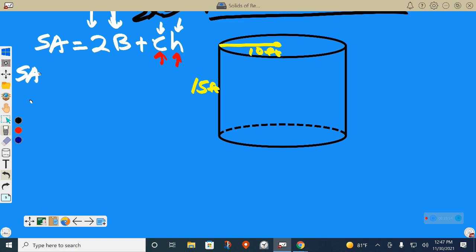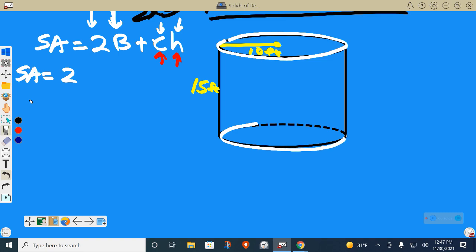Surface area. 2 times the area of the base is pi r squared. To find the area of a circle, that's the base. I'll do the bottom circle because that's the bottom face. The area of a circle is pi times radius squared. Mr. Fonseca did that for us on the warm-up. We found the area of that circle, and he used that formula. So 2 times the pi r squared plus,